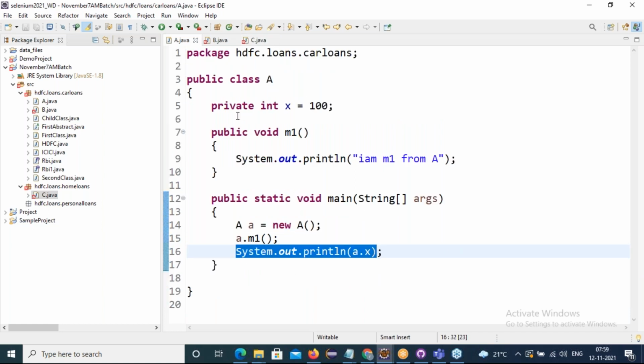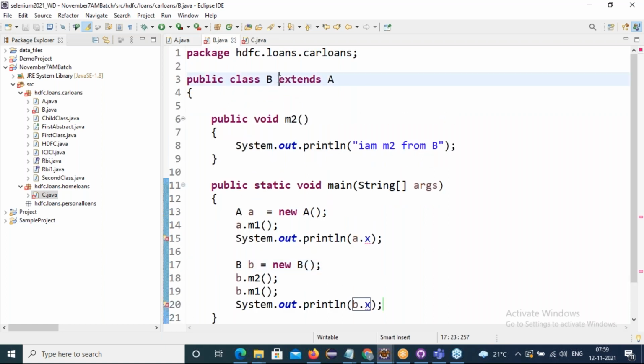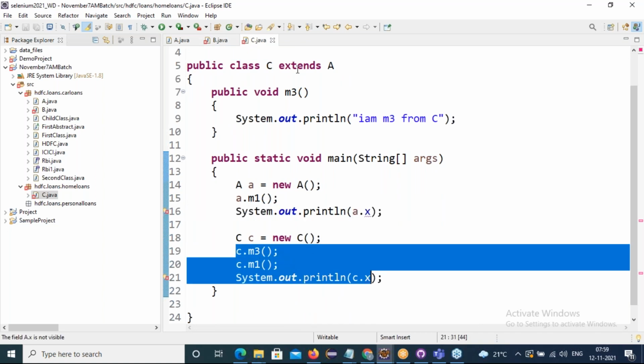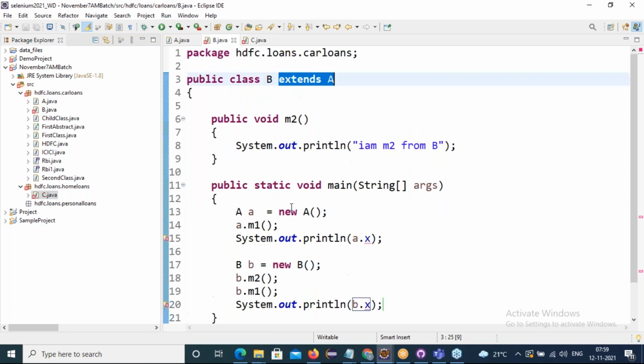So friends, first of all, in one class, any property or behavior, if you want to reuse it in other classes, whether in the same package or a different package, first of all we need to inherit it. Because we are extending A in B and C, only then can we access all of A's properties and behaviors. Understanding or not? Without inheriting, we cannot call them in class C or class B. Okay?